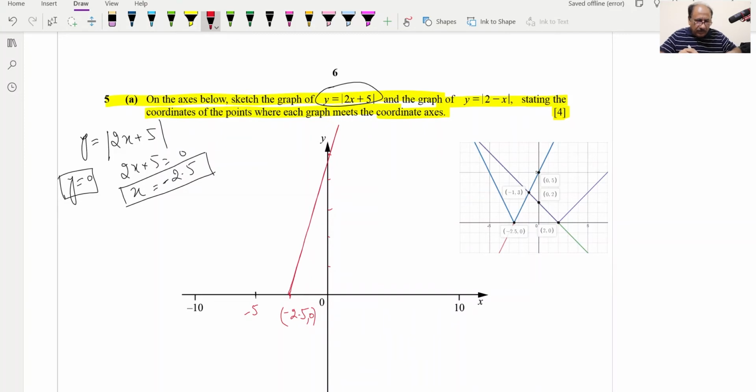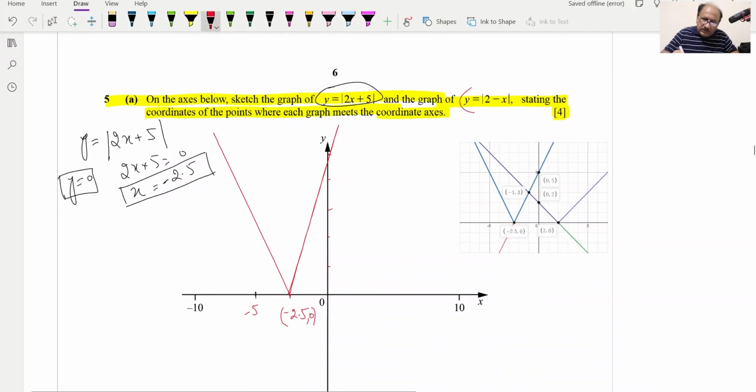So this will be the positive portion, and the negative portion we can basically shift upward. That portion we can shift over here, so the negative portion will be shifted up. Now